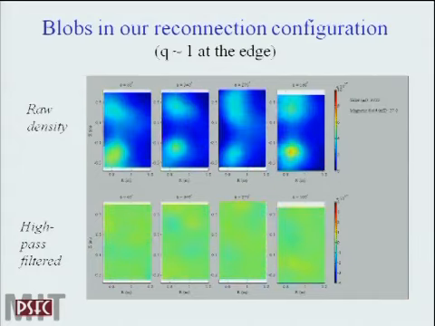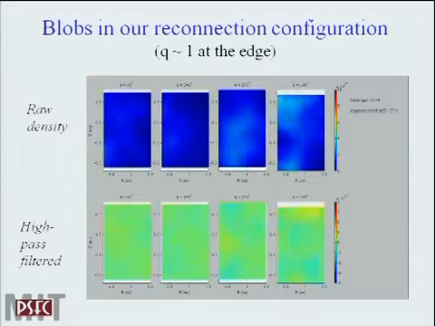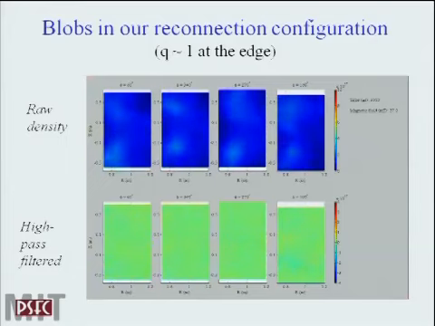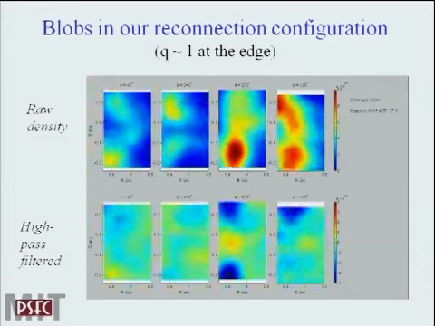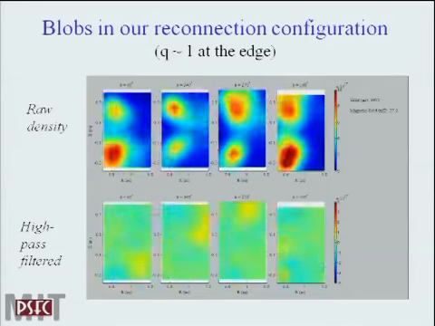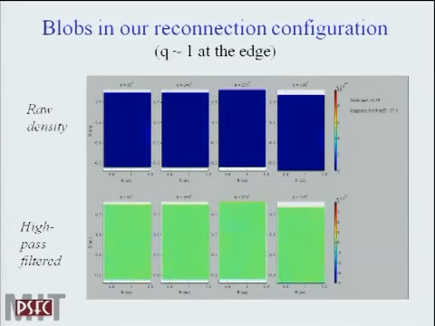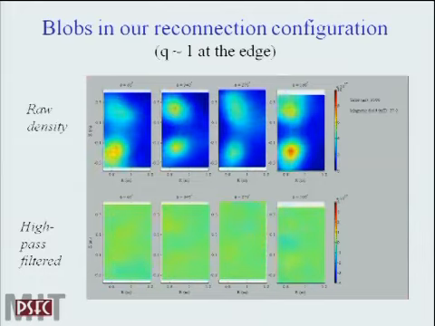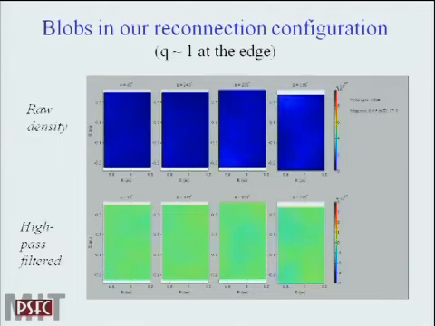It's easier to see in the high pass filter. You'll be able to see something spin around and then going out. So this looks very cool, but I'm not quite sure what to do with it. We should be able to map how these structures go along with field lines,